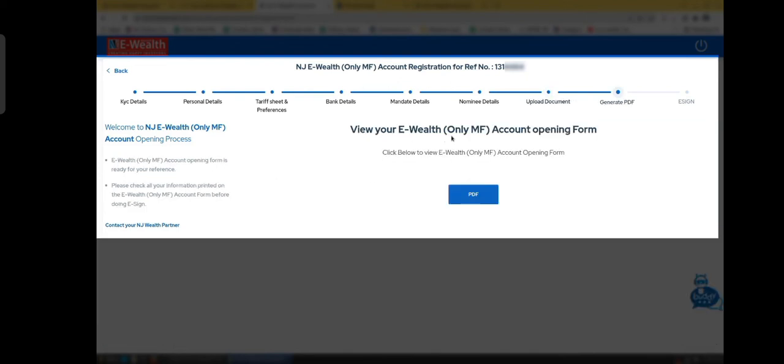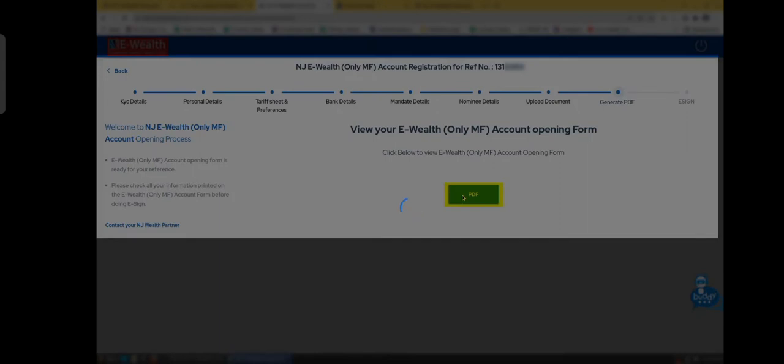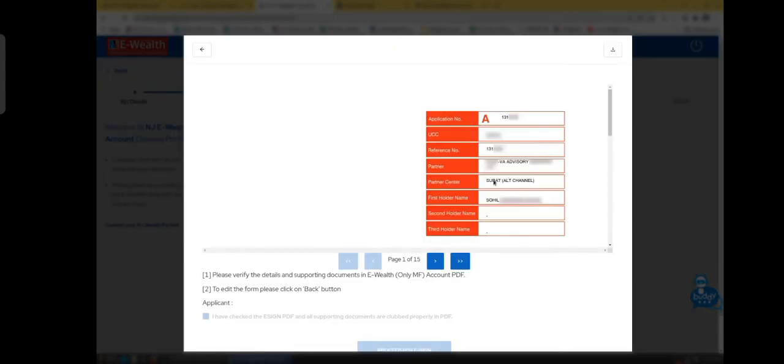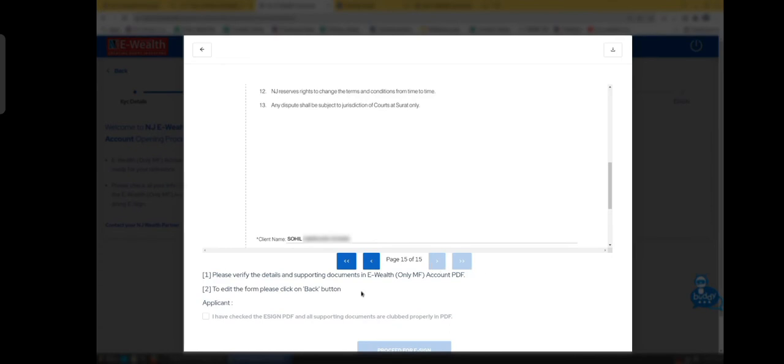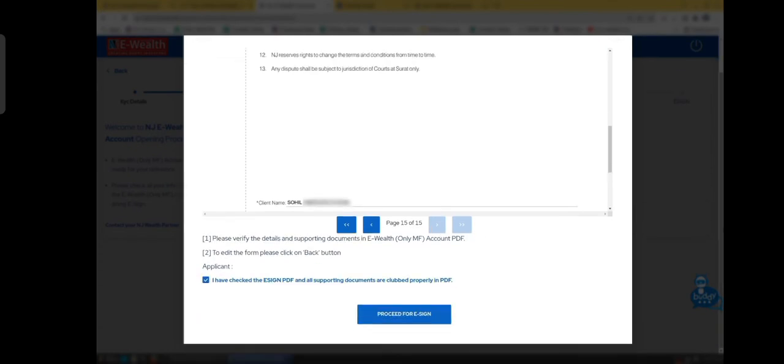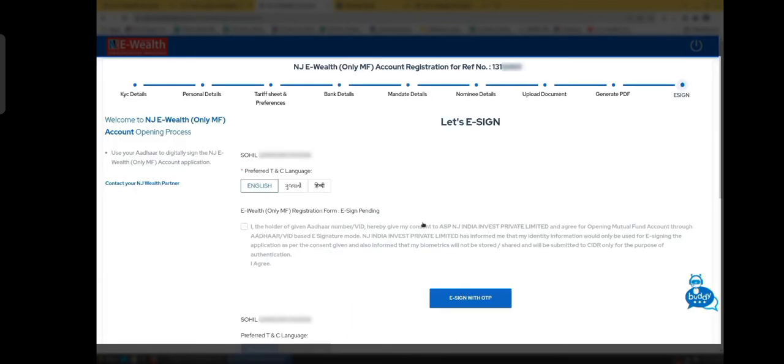Now the applicant has to click on the PDF button to view his or her eWealth account opening form in PDF format. After checking all the details given in the PDF, the applicant has to tick mark this checkbox and click on the Proceed for e-sign button. Now the e-sign details page will be displayed. On this page, the applicant has to choose